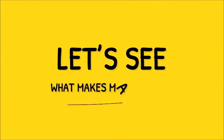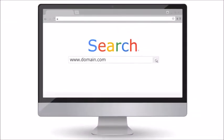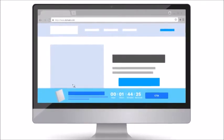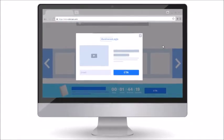Let's see what makes MaxConvert a cut above the rest. MaxConvert allows you to show personalized notifications to your visitors when they're hyper-engaged and increase sales and revenue. With MaxConvert, the sky is the limit. Generate more webinar registrations, get maximum social sharing and targeted social traffic, and boost your customer relationships by showing the